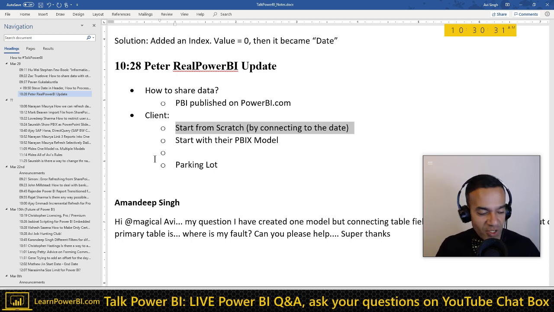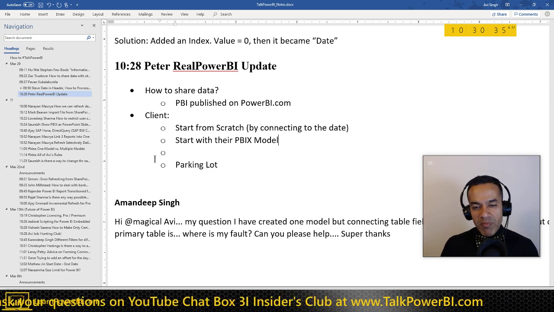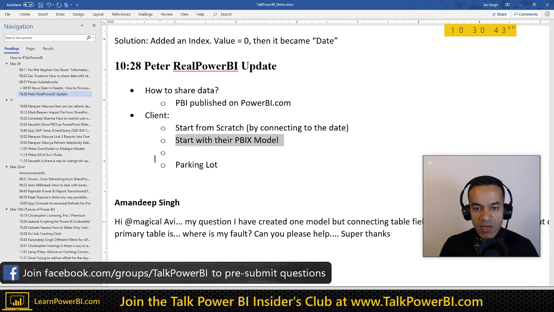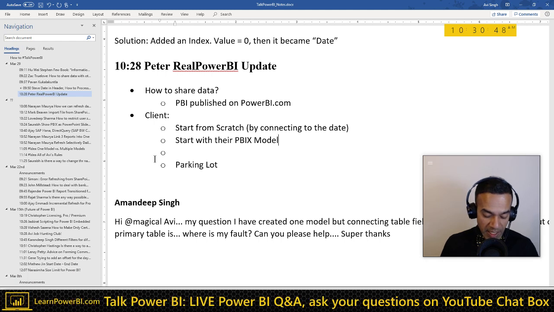We were joking that, man, even if we had to pay them, because starting with someone else's Power BI model, I've usually found it pretty challenging, unless they really know what they're doing. Most people, I would say 99 out of 100 people who are using Power BI, don't really know how to use it. They just don't think the way we think.